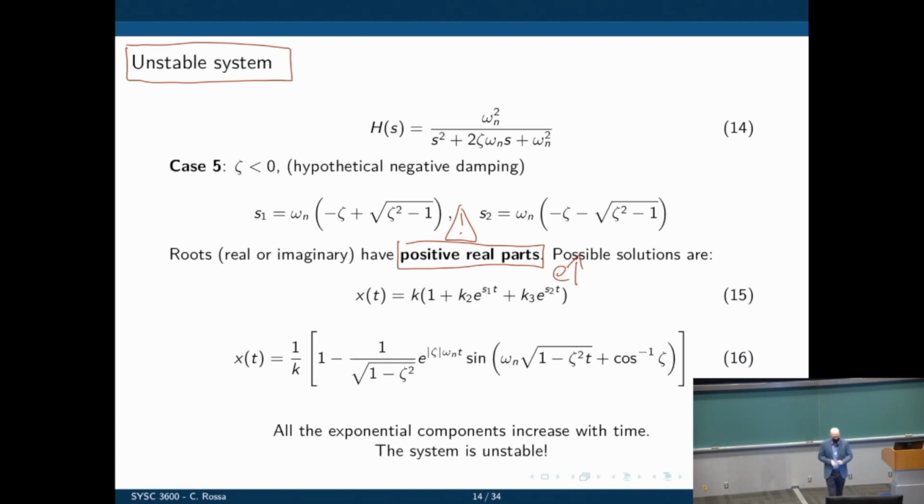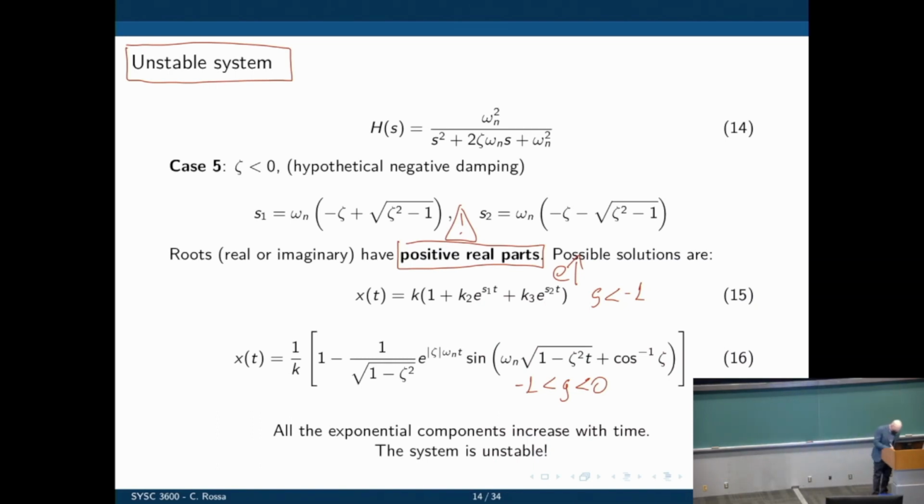We have two possible solutions here, one for zeta smaller than -1, and this one here is zeta between -1 and 0. We have exponentials or exponential and sinusoidal depending on the value of zeta,